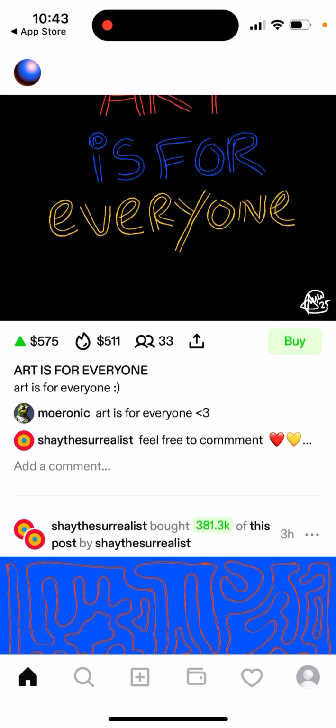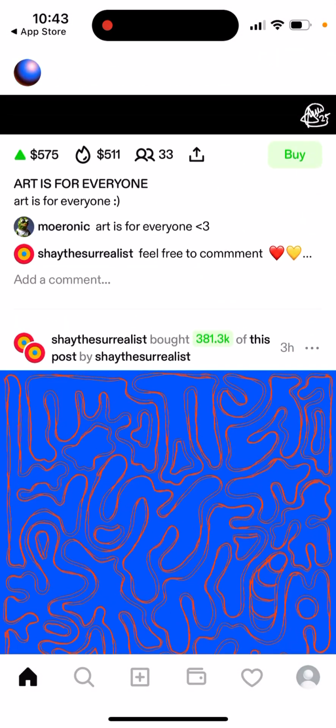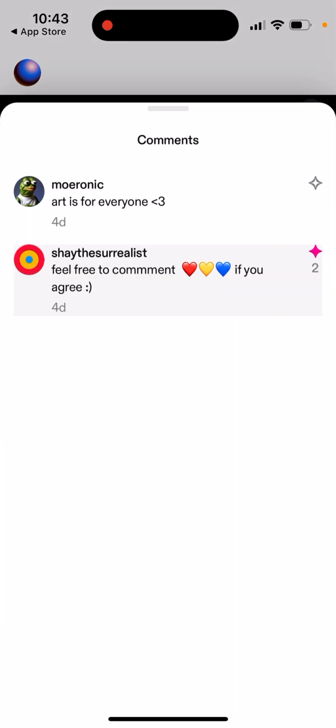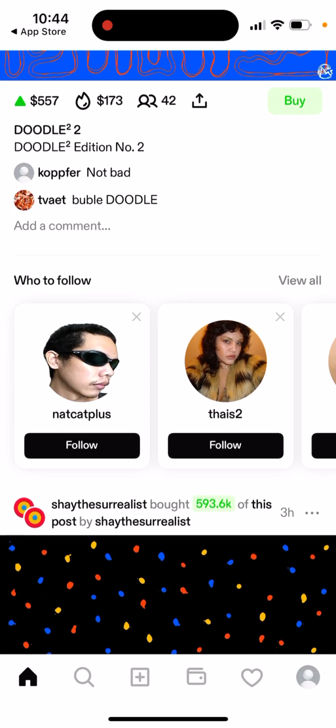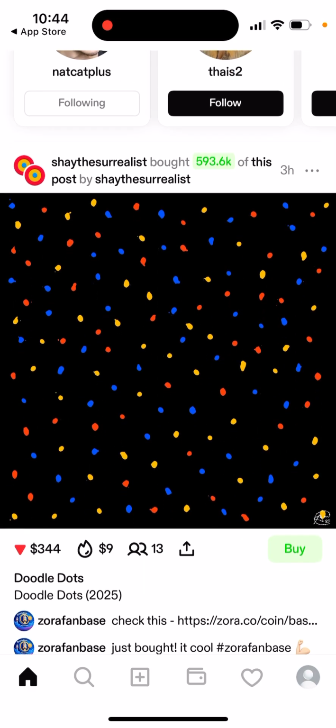And then you have comments. I tap add a comment. I don't see any buttons, so it's a bit glitchy. If I have the comment and I want to comment it out, it disappears and then appears again. So maybe you need Sparks for that as well. Then you can just follow other people. Yeah, you can follow for free, so at least that's good.